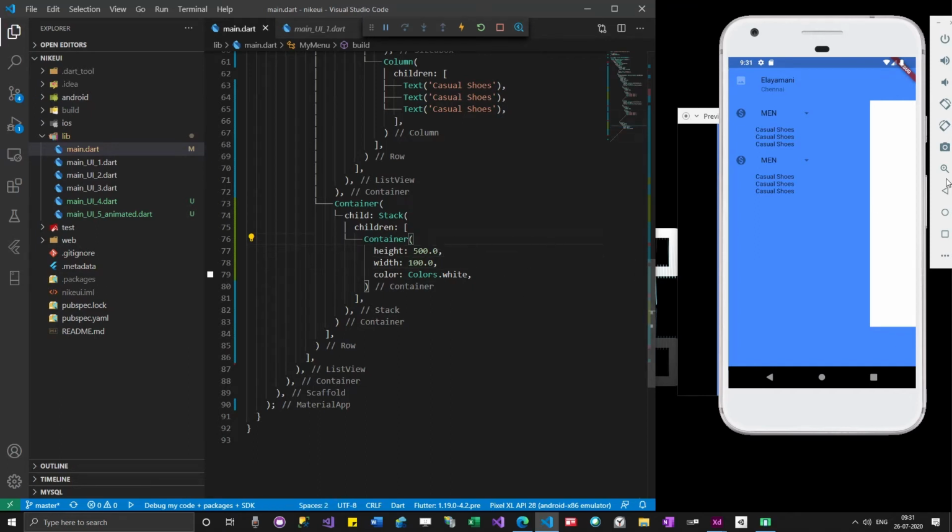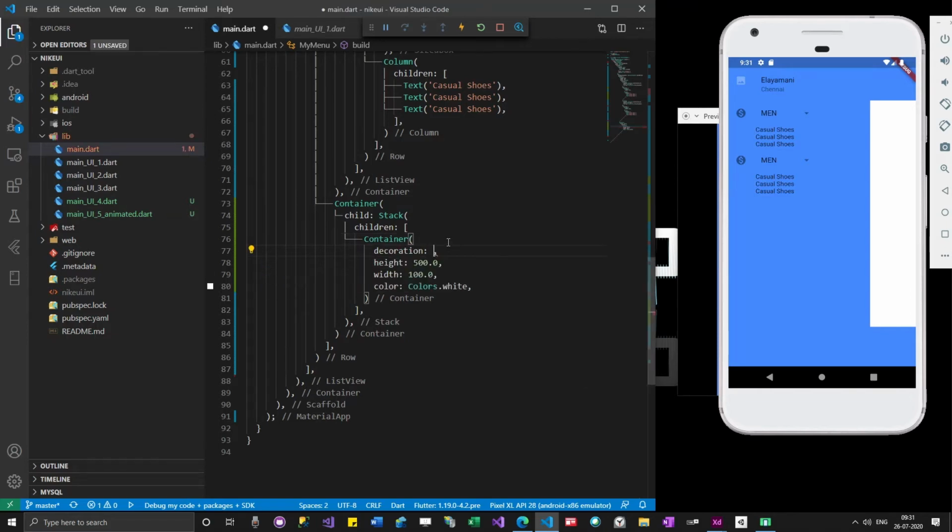So now I need to give round edges to it. Okay, so for that I'm going to decorate it.